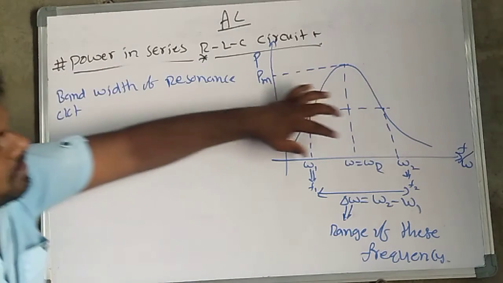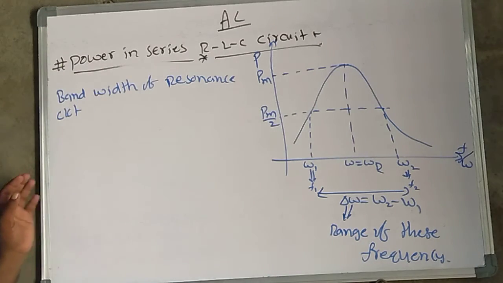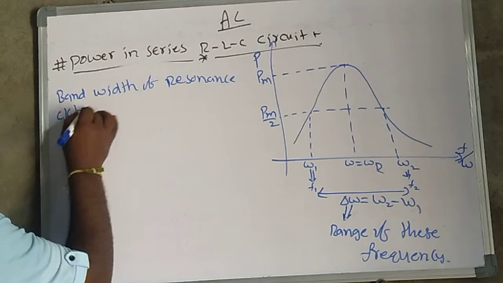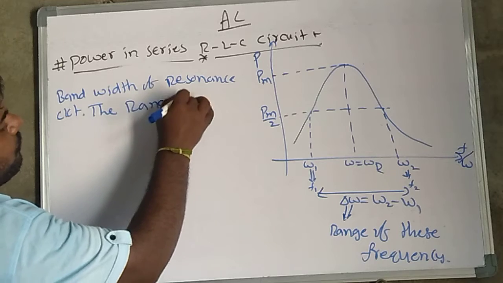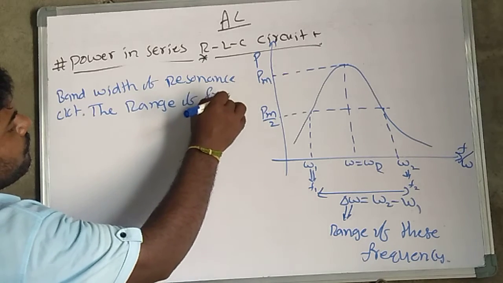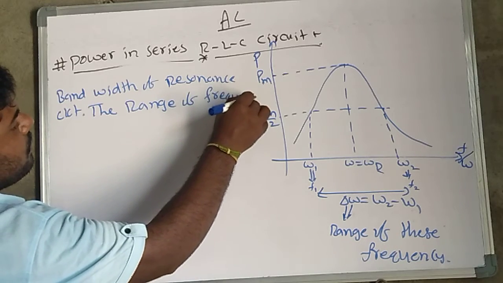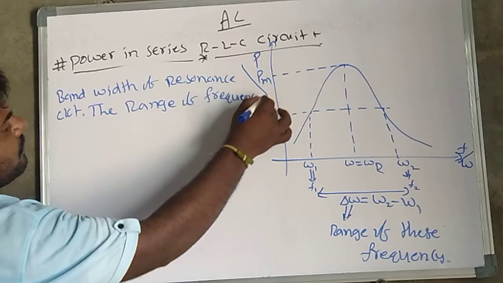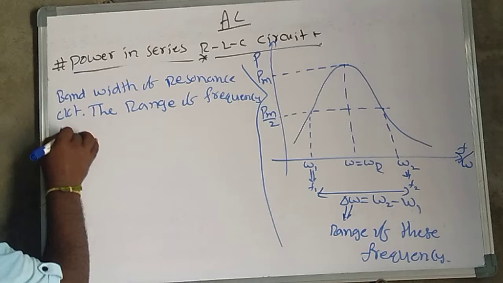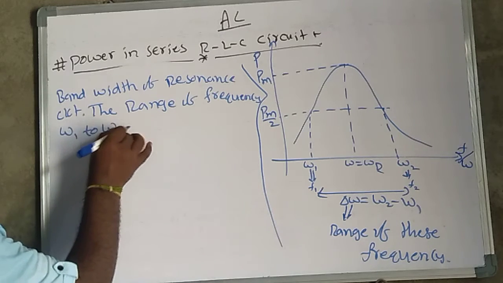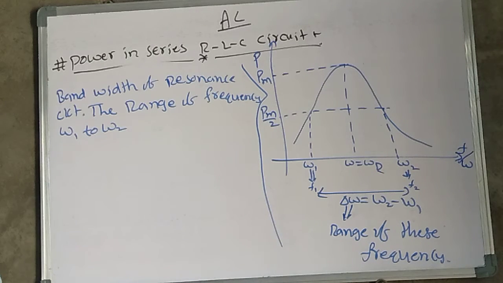The bandwidth of the resonance circuit is the range of frequency, omega 1 to omega 2, where the power of the circuit is more than